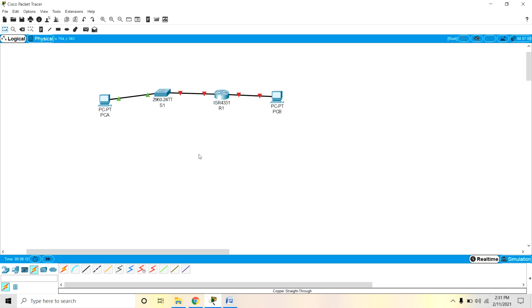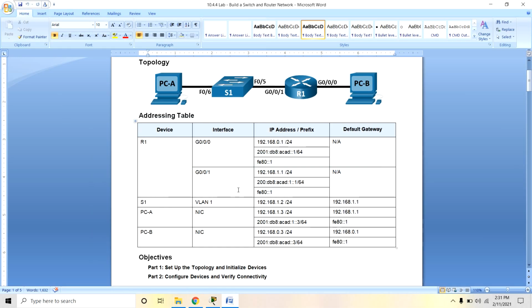These are the names you have assigned. Now configure the IP addresses, subnet mask and default gateways as given in the addressing table for PCA and PCB.